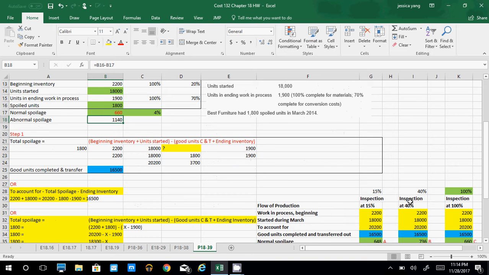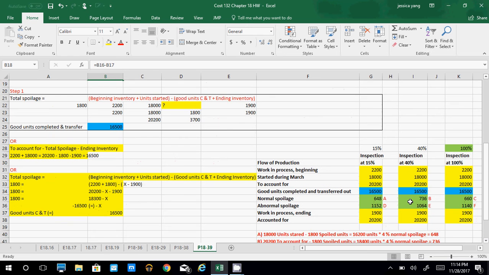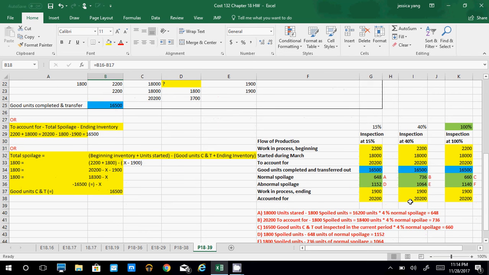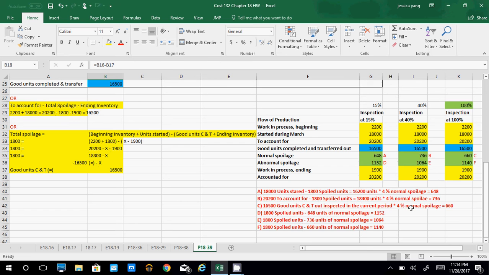Once we're done with that, we will do the flow of production. I've already finished the flow of production. I'm going to review it with you and explain step by step how I arrived at my answer. For the flow of production at the inspection point of 15%, the inspection point of 40%, and the inspection point of 100%, we know that work in process beginning and units started during March, and to account for, will be the same for all three inspection points,